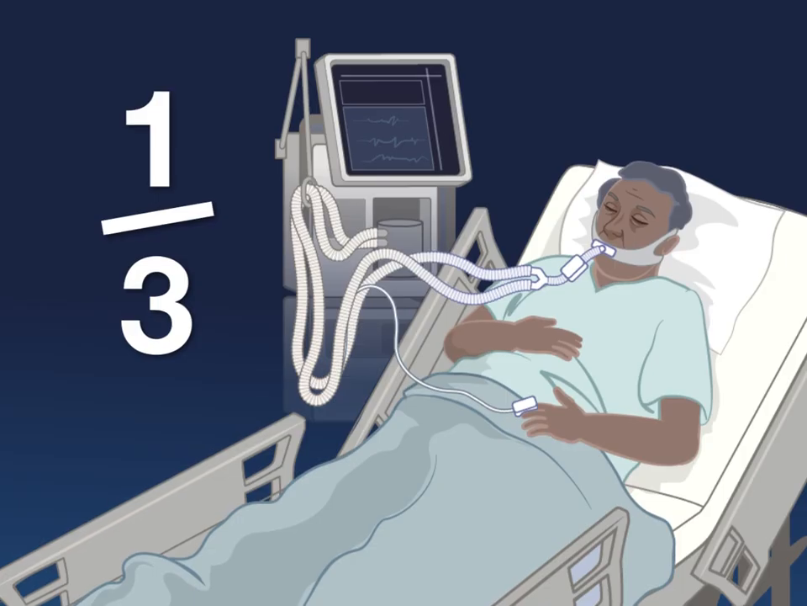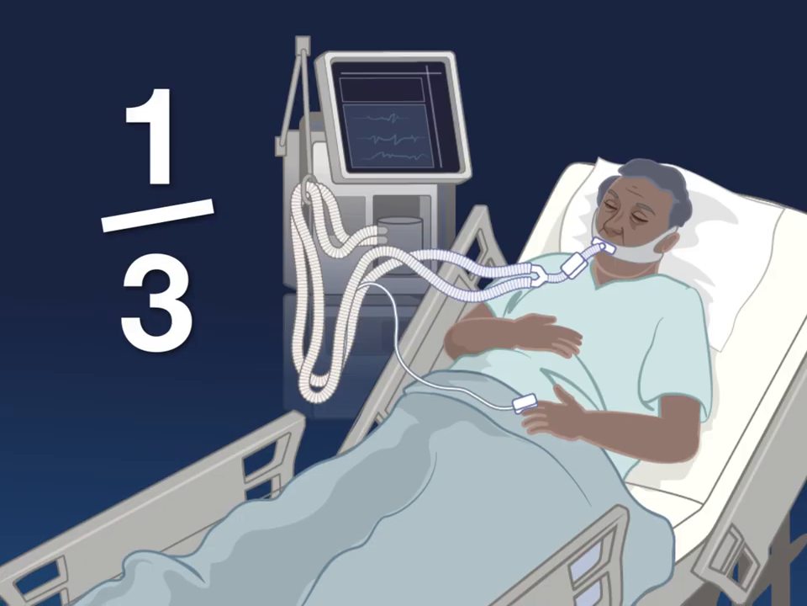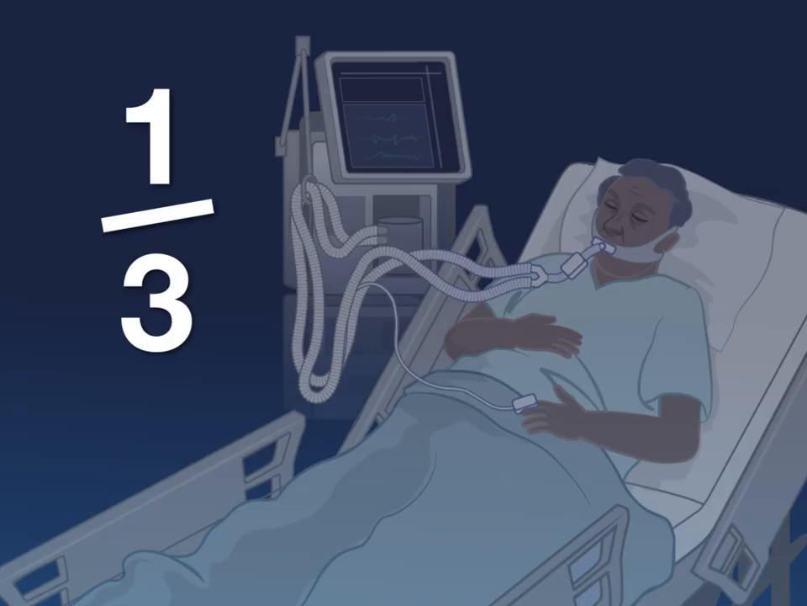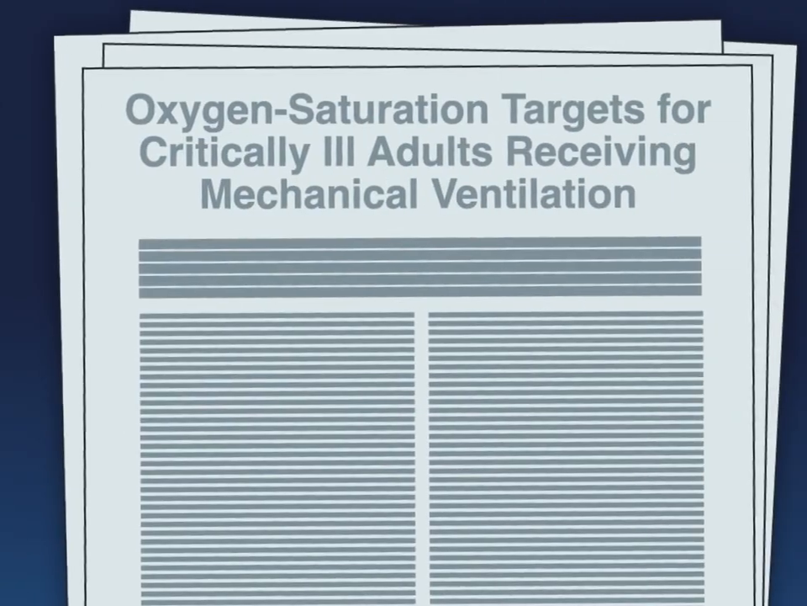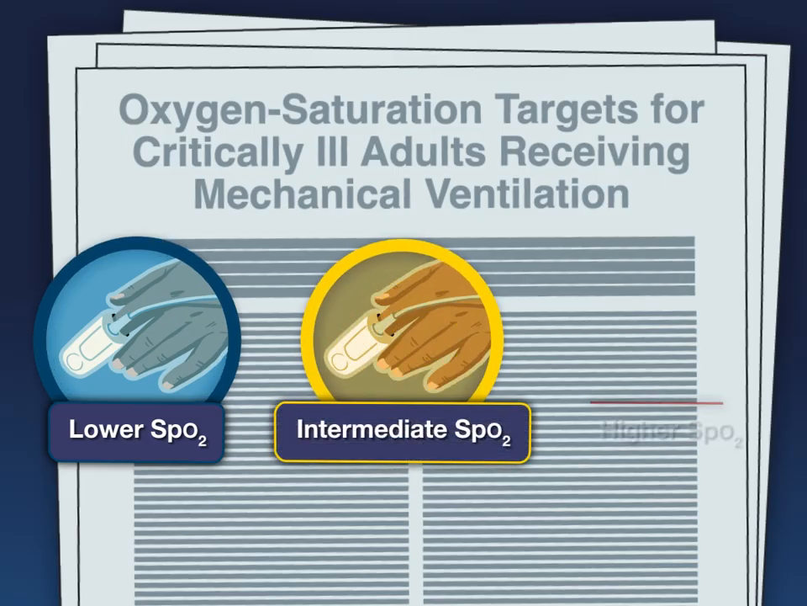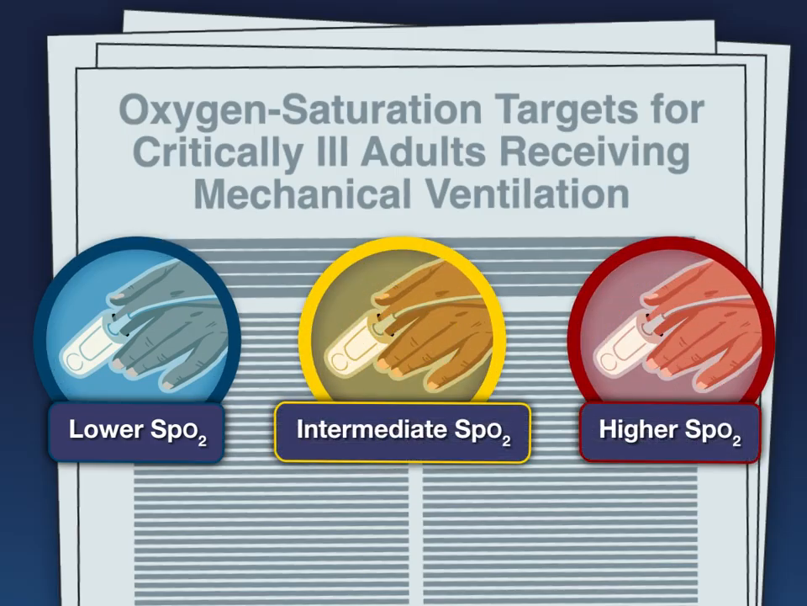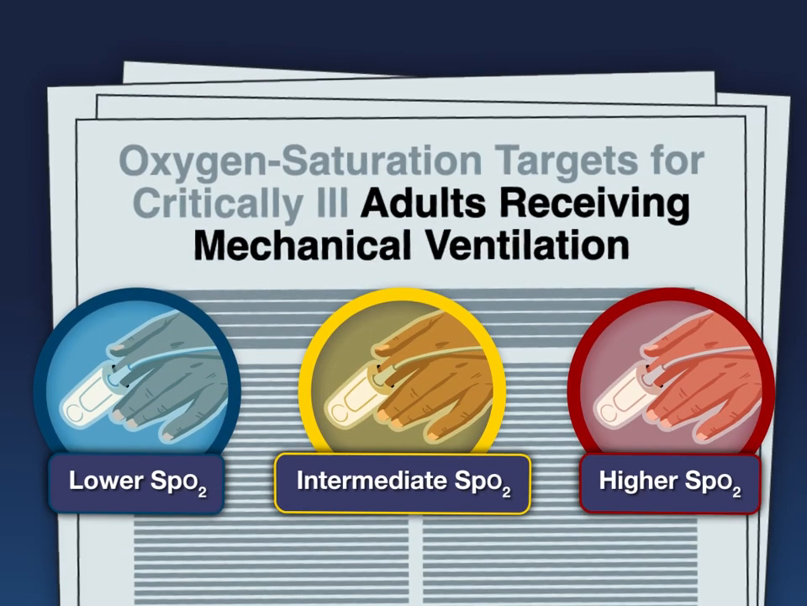Approximately one-third of critically ill adults receiving mechanical ventilation die in the hospital. The optimal oxygen saturation target to improve outcomes in these patients is unknown. A new study examined the effects of lower, intermediate, and higher oxygenation targets on clinical outcomes in adults receiving invasive